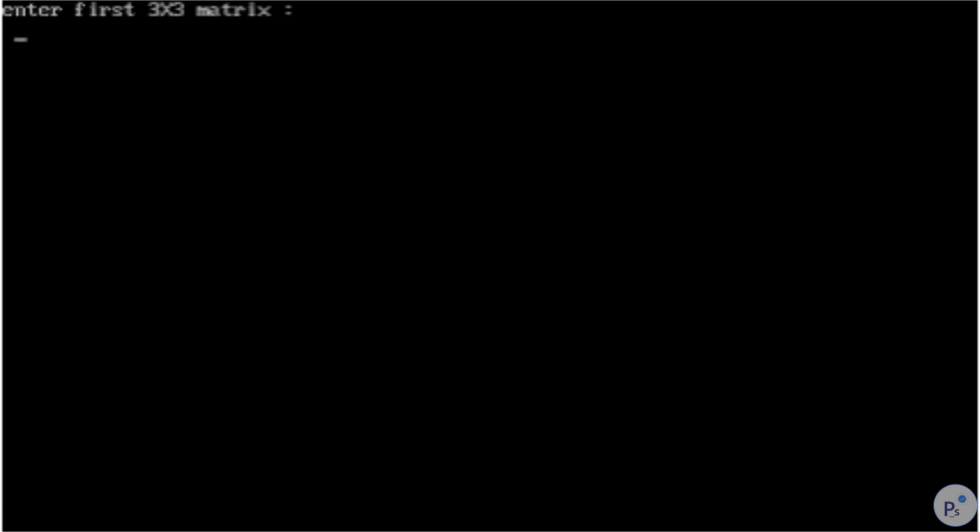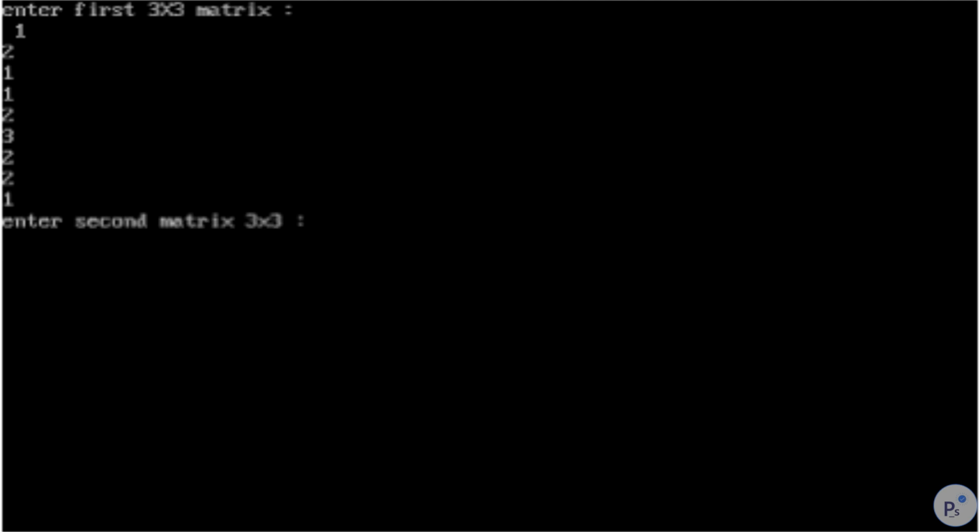For simplicity, we will add simple values 1, 2, 1, 1, 2, 3, 1, 2, 3, 3, 2, 2, 1. Okay, we got the 9 values. So we want to enter the second matrix.